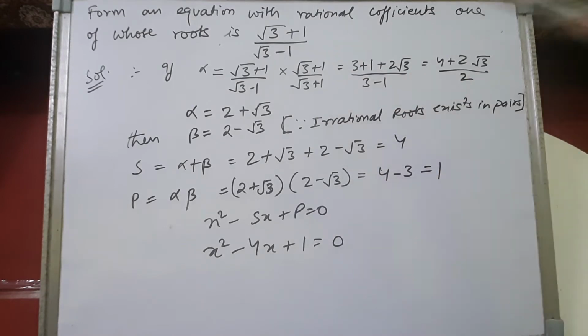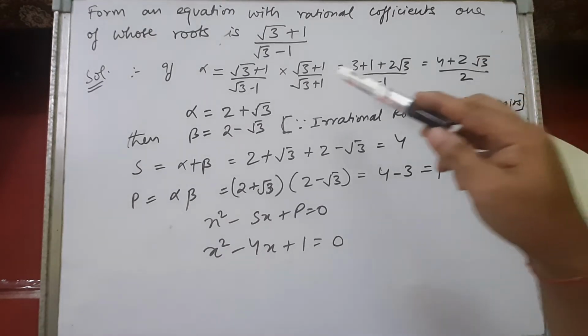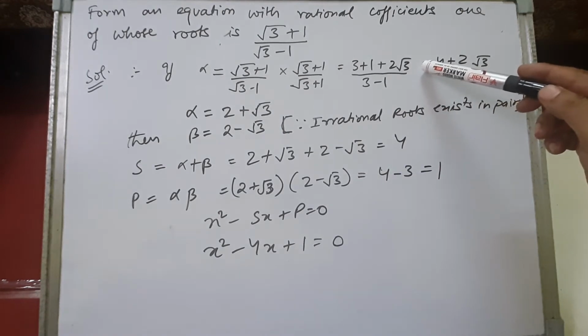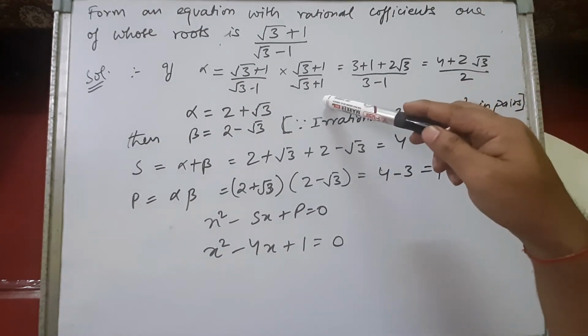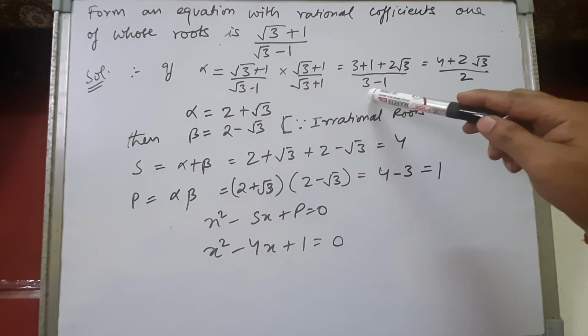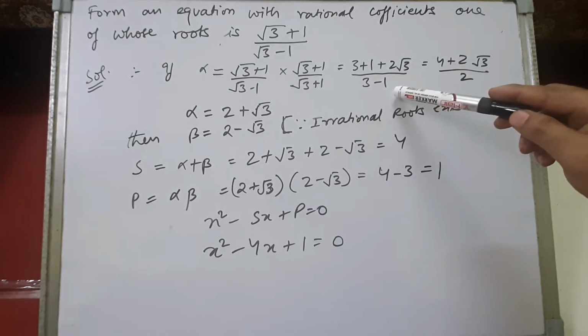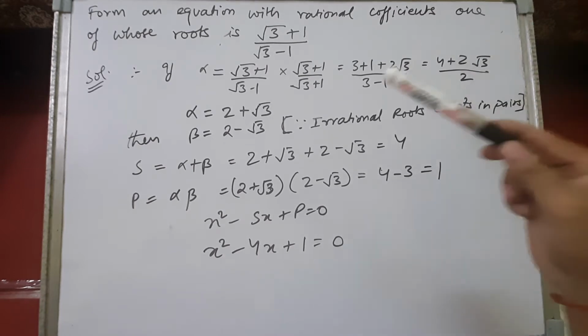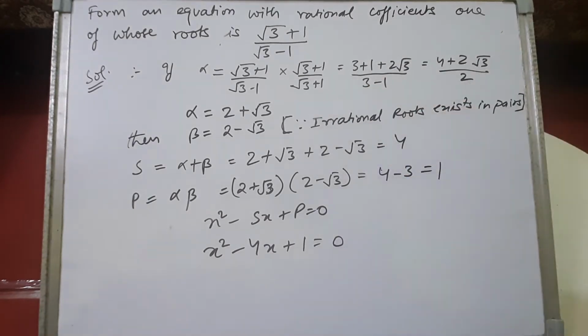We are simplifying this number by multiplying the numerator and denominator with the conjugate, root 3 plus 1 upon root 3 plus 1. So in the numerator we get (root 3 plus 1) the whole square. When we expand, we get 3 plus 1 plus 2 root 3. And in the denominator, applying the a plus b, a minus b formula, we get a square minus b square. It will be 3 minus 1. So in the denominator we'll get 2, in the numerator we'll get 4 plus 2 root 3. Taking 2 common from the numerator and cancelling with the denominator, the simplified value of alpha will be 2 plus root 3.